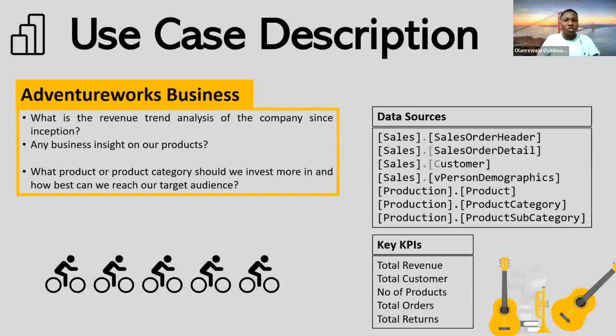There's something here that I might not be able to answer, which might be your additional task: what product should we invest more in, and how best can you reach your target audience? For this one, you need more information. One of the things I plan to do is to superimpose external data, but there's no time for that. Because you don't just do top 10, top 5, top 15. That doesn't mean that these are the people or the top 10 products you should focus on investing in. You need to provide more context, so that needs more deep dive,